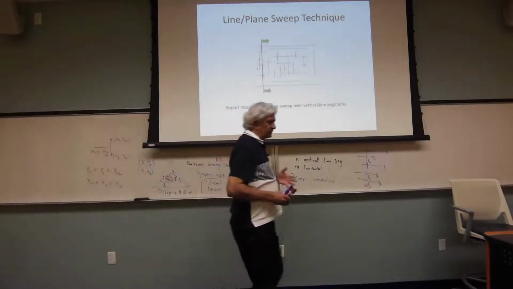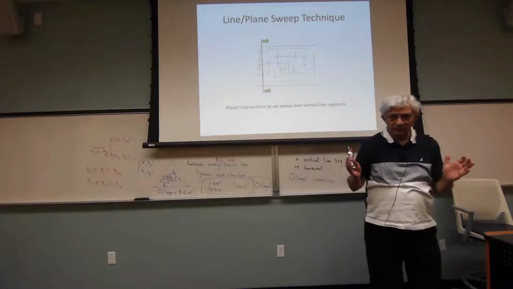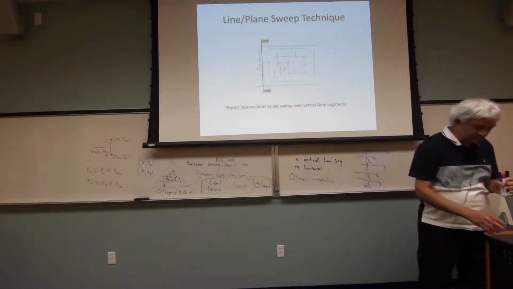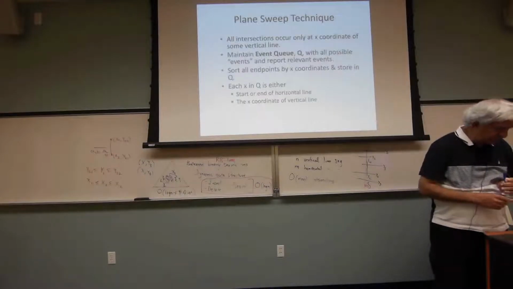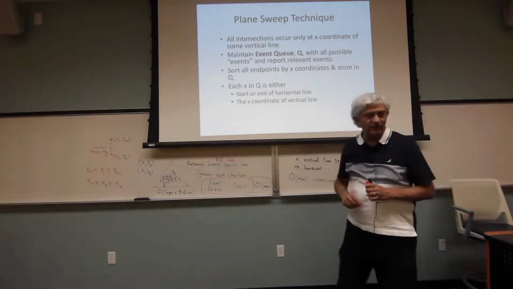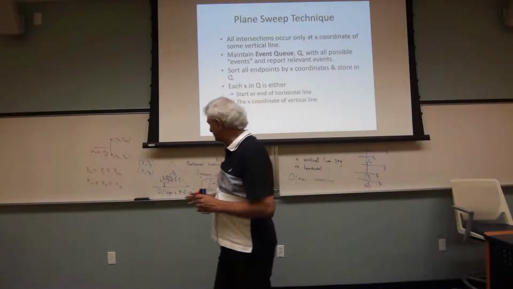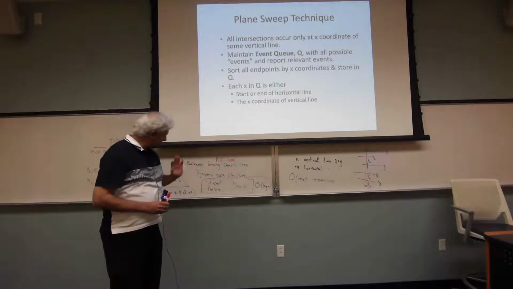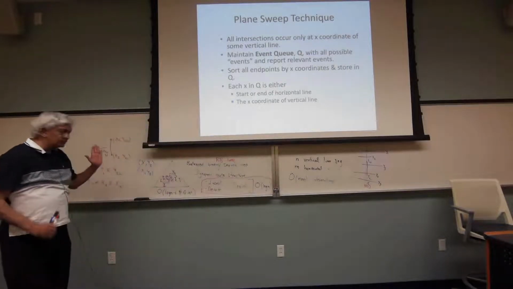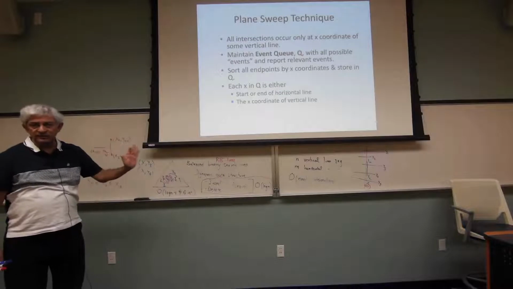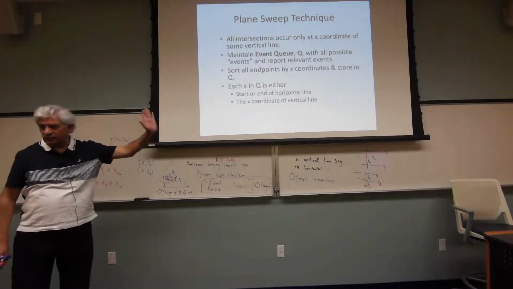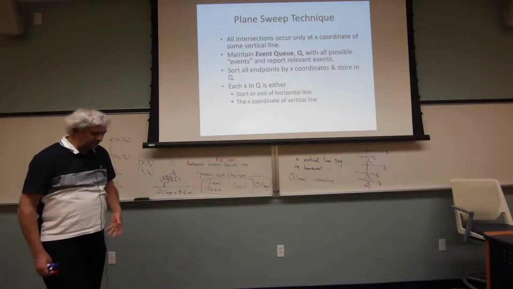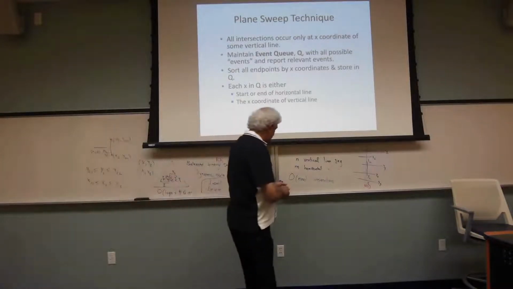So the next question is, how are we going to maintain the horizontal line segments? And this is where we use this plane sweep technique, and we use what's called an event queue. This event-based technique is quite powerful because, don't read this now, we are going to assume that we already know that the events are only at the x-coordinates of vertical line segments. So we'll just build an event queue that has,